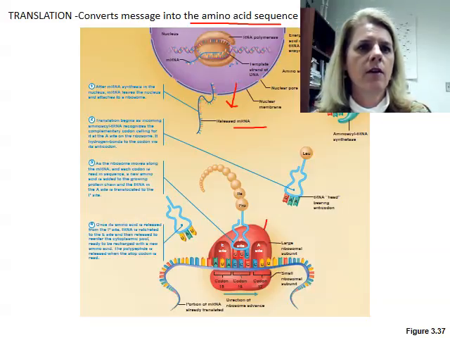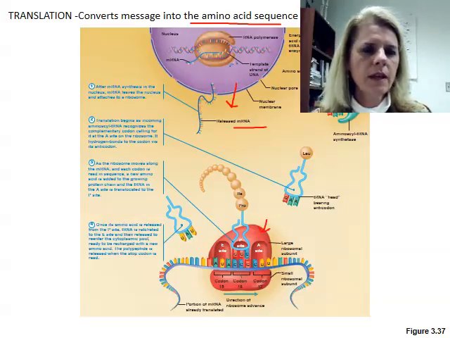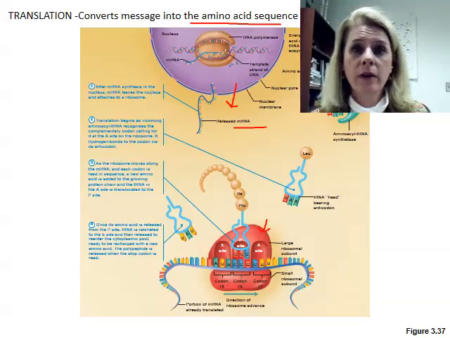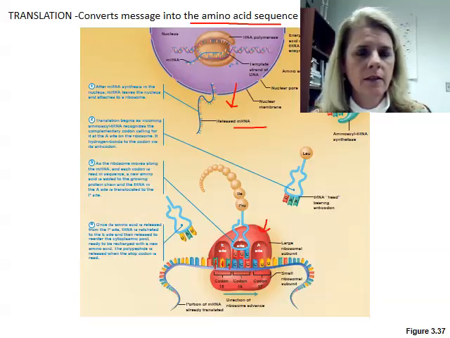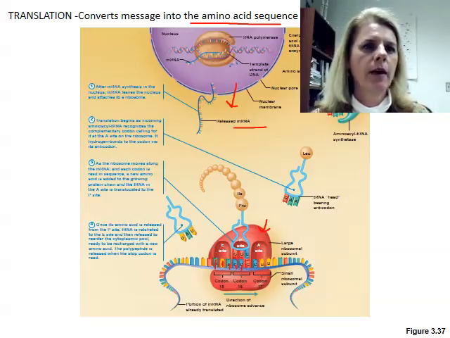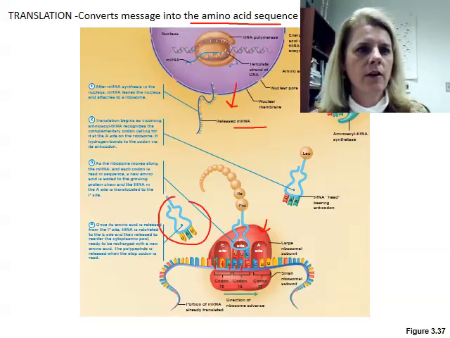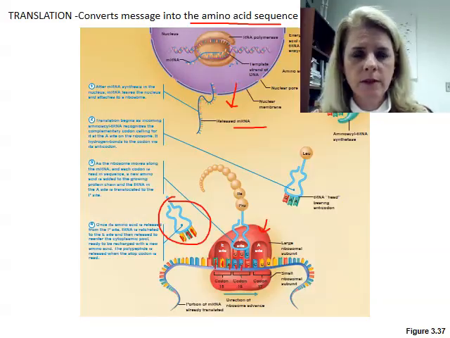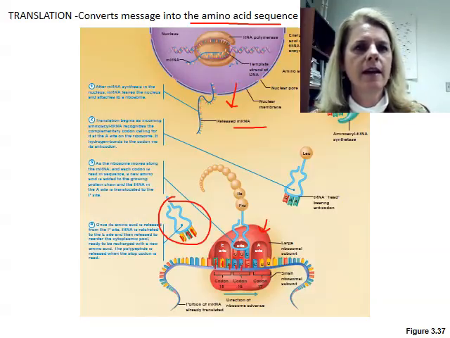So here we have our rRNA, our ribosome. And our ribosome can read that message. So it can say, okay, these 3, that's a codon. It stands for an amino acid. These 3 stand for another amino acid. Well, it's sitting there and it needs somebody to bring that amino acid to it. So transfer RNA is going to have the complementary bases, the opposite ones, and it will come in and link and basically add those amino acids one at a time,